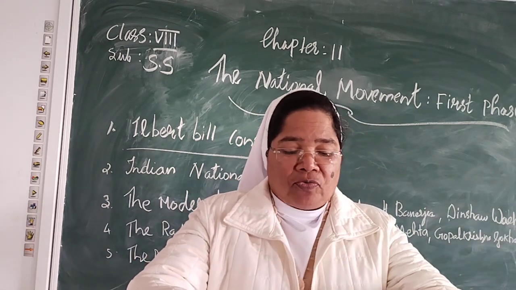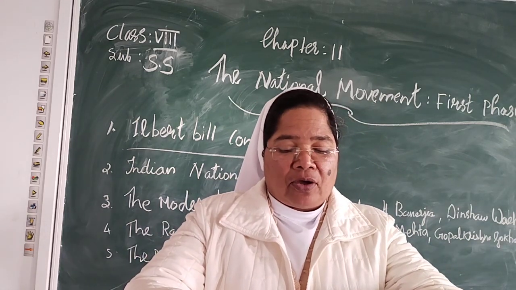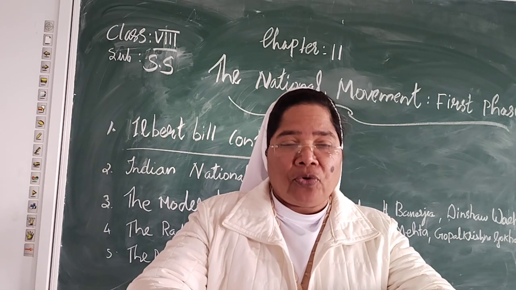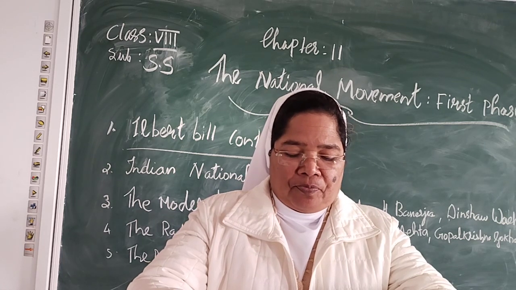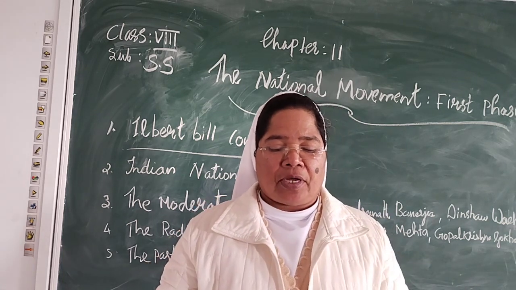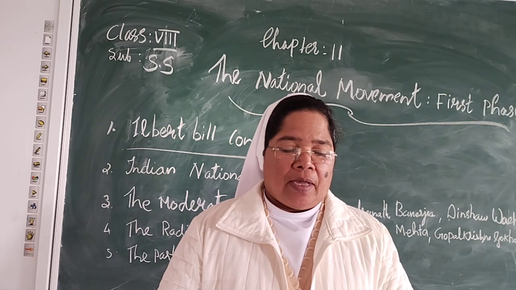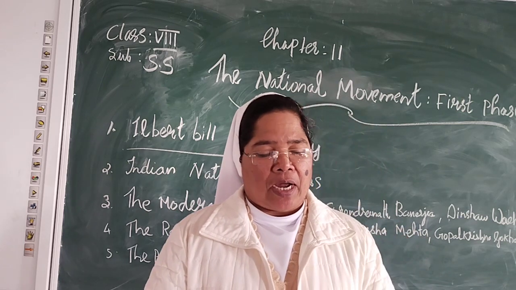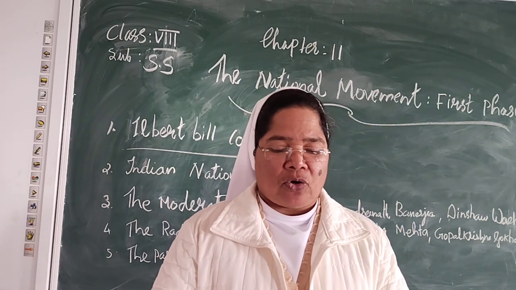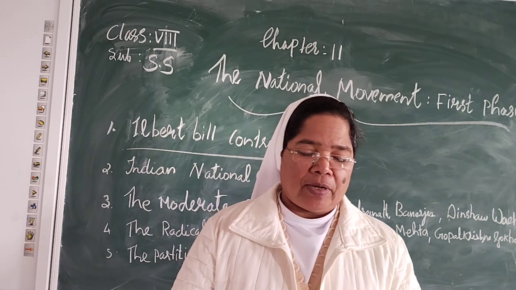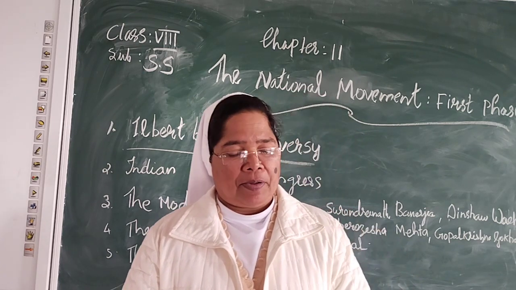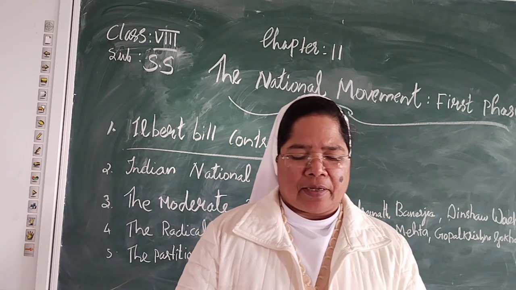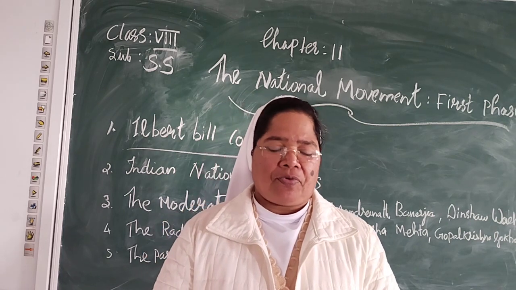While Surendranath Banerjee was busy organizing the Conference of Calcutta, a retired British official, Allan Octavian Hume, called for a meeting in Bombay. He wanted to create an association under the supervision of the British which would let the government know the demands of the Indian people. He wanted to prevent another nationwide outbreak like the one that took place in 1857.